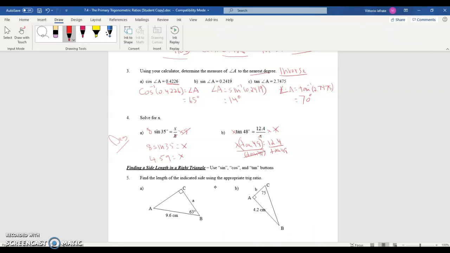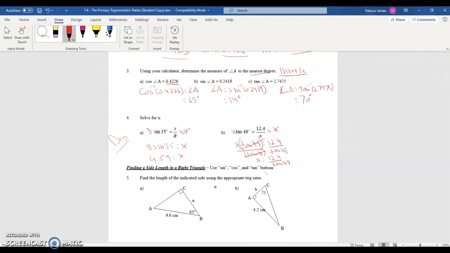Cross tan 48 out here, cross tan 48 out here. And so you get x is equal to 12.4 over tan 48, which is equal to,